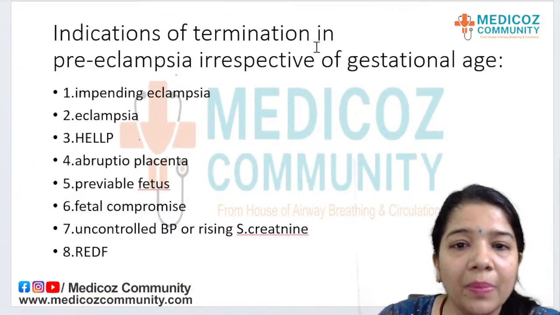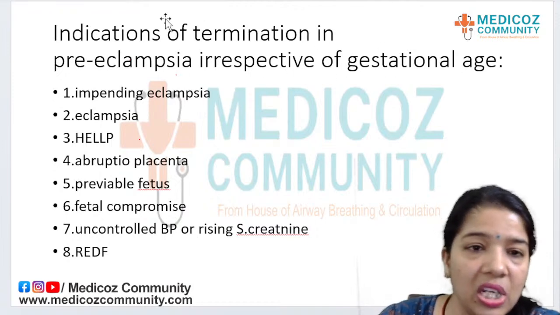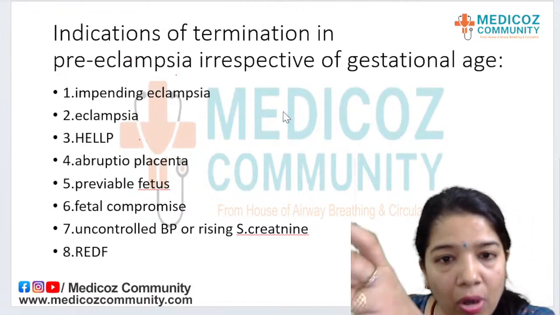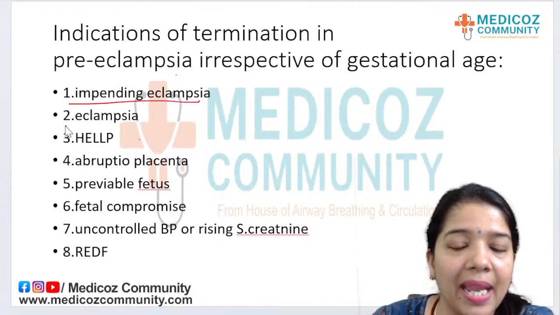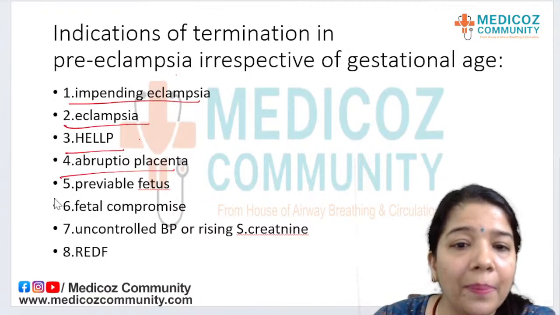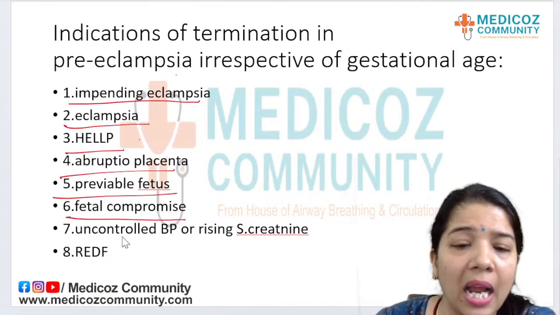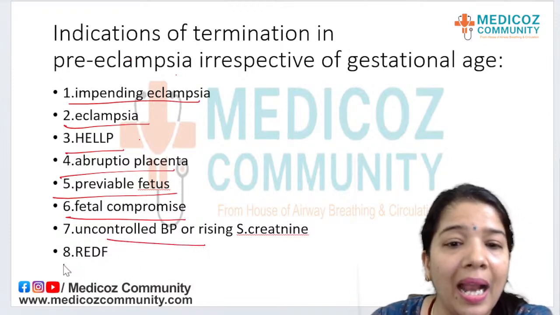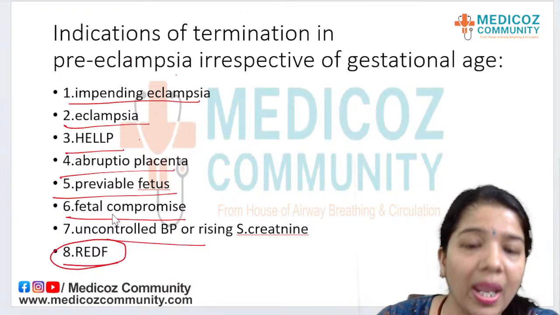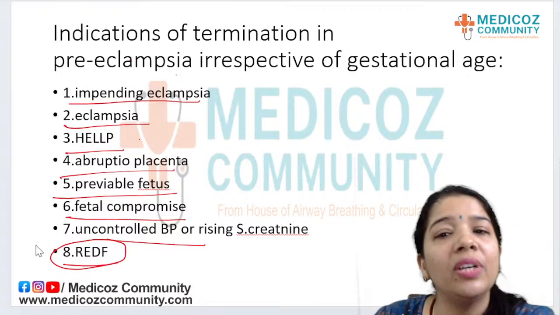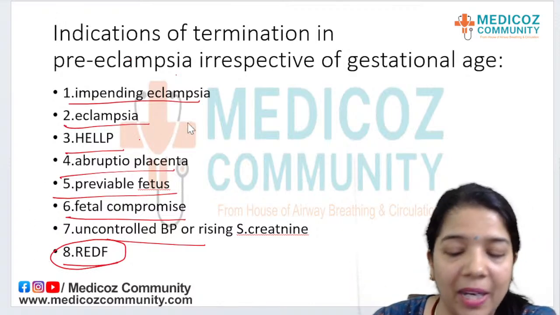Now, indications of termination in preeclampsia irrespective of gestational age. Just now I told you that if there is impending eclampsia, HELLP, abruptio, a compromised pre-viable fetus, uncontrolled BP despite treatment, and reverse end-diastolic flow, all such things, then you will just terminate the pregnancy irrespective of the period of